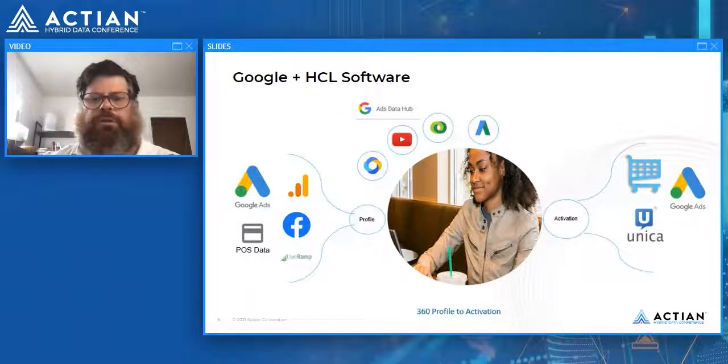And then also, if you can think about all your other social media data, Facebook segment data, LiveRamp from an identity perspective, bringing in different demographics into your profile, and then POS and offline data, bringing all that data into that warehouse as well. And what that does is we have all those raw data sets in one warehouse, Actian Vector, and then we're able to process those things to create a profile and attributes about a user, attributes about